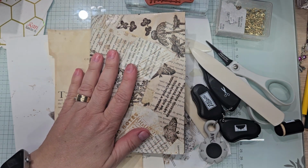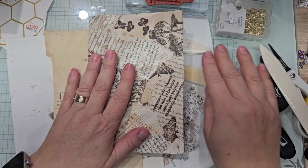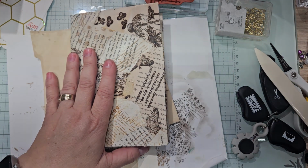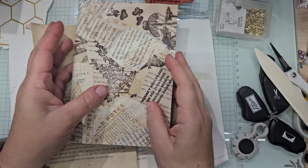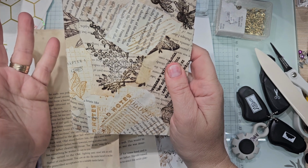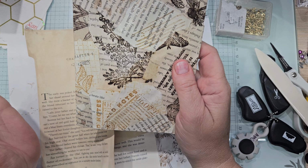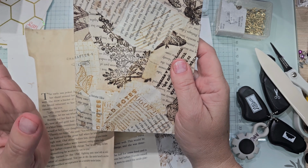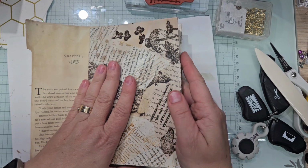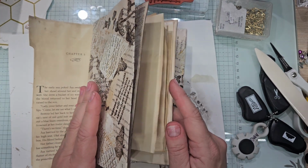So while I was sick with whatever bug I had, I was watching YouTube videos. Oh, there's the other bone folder. Now I've got 3 of them out here that I couldn't find earlier. So I was watching these videos on junk journaling and field notebooks, and it gave me ideas of something I wanted to play with. So oh my goodness, I need 2 envelopes. I see one. Anyways,